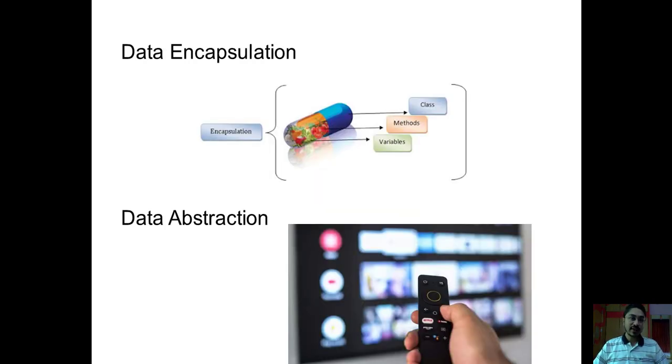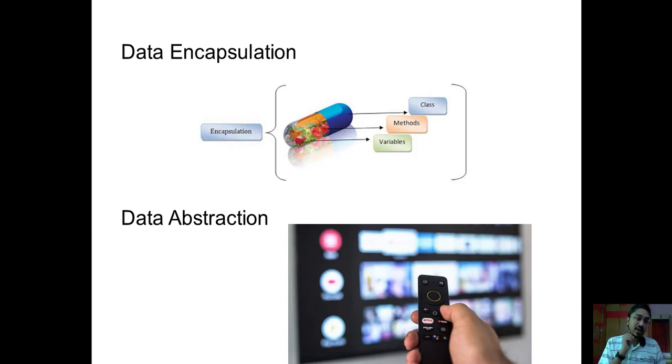Then we have seen the concept of data encapsulation. Now what is data encapsulation? First, we will see the concept of encapsulation. Encapsulation is nothing but enclosing the essential things apart from the outside world, isn't it? For that, in the last lecture, we took the example of a medicine capsule. In that capsule, we have small granules which are separated from the outside world. The granules which are really essential, we have grouped them and put them into one particular unit, and that has been protected from the outside world.